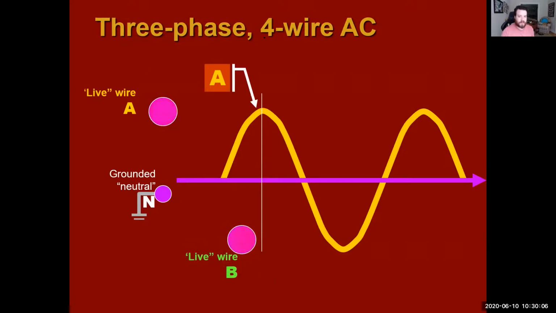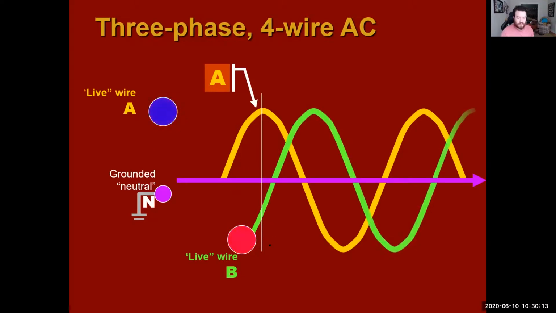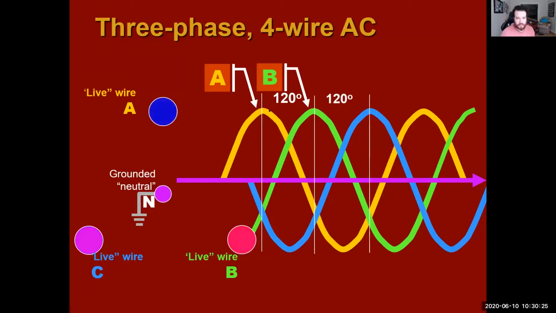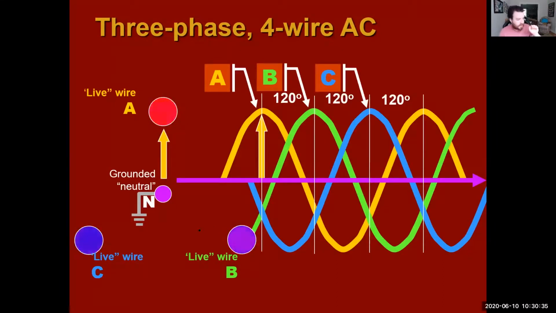So 3-phase 4-wire AC. So we have A, we have live wire B, and we have live wire C. Now, all of these are 120 degrees apart from each other. All right, their peaks are 120 degrees apart. And what we're going to see here is a lot more of a constant voltage going through it. All right, so from A